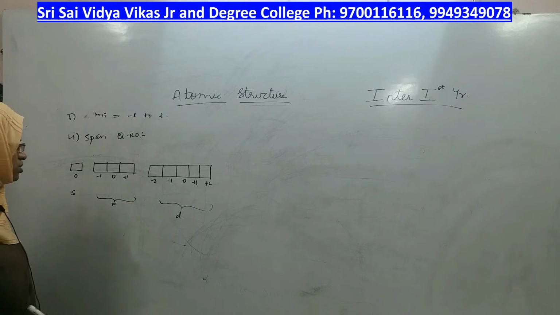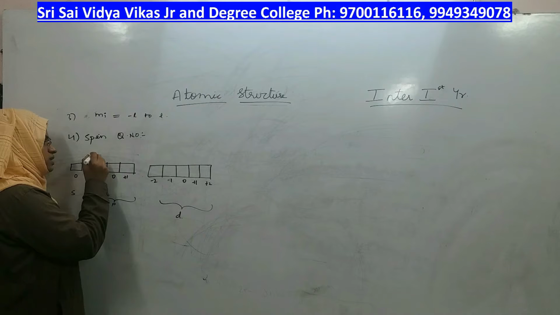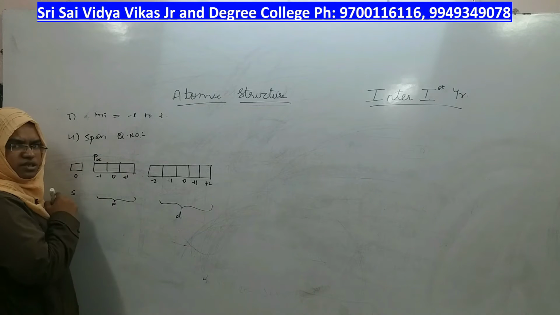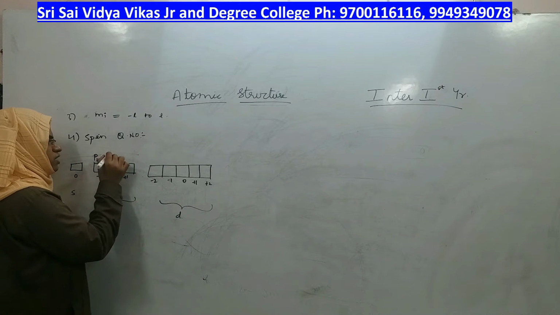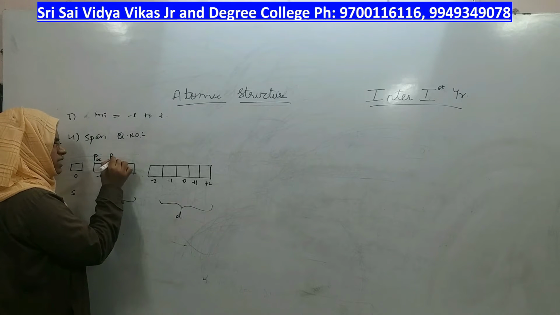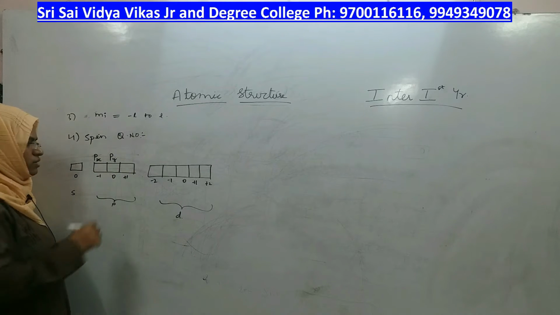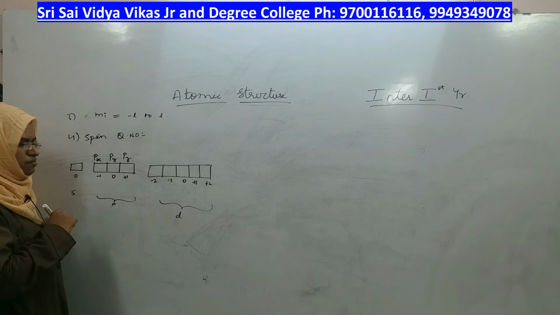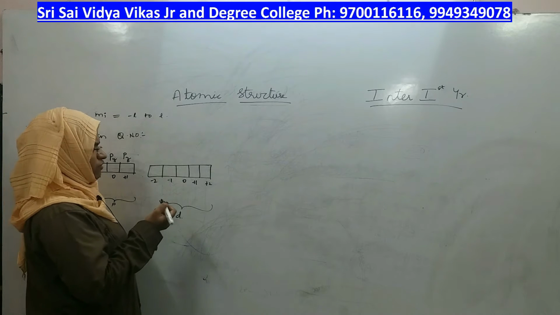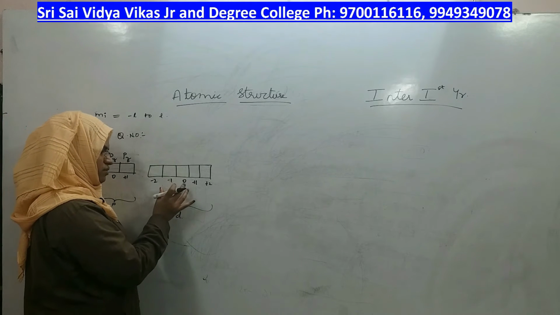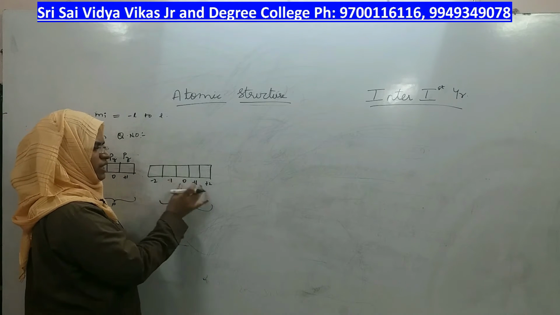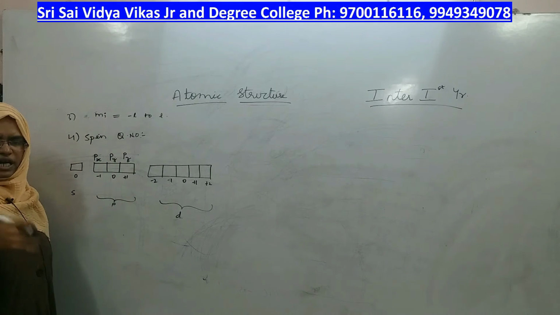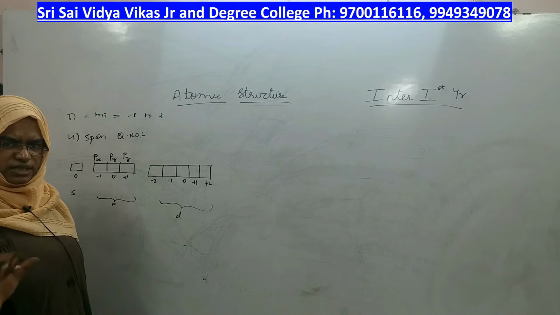What are the names of those 3 orbitals? If the orbital is oriented in x axis it is called as px orbital, if it is oriented in y axis it is called as py orbital, if it is oriented in z axis it is called as pz orbital. Same way for d orbitals, that means in d subshell also there are 5 d orbitals. In which axis they are oriented, are they oriented in between the axes or on the axes?